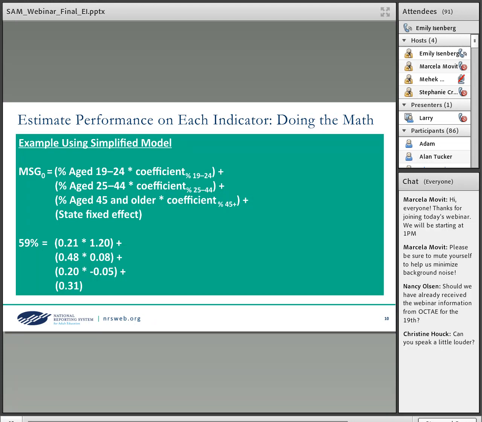In this example, the sum of the products plus the state fixed effect yields a predicted measurable skill gains rate of 59%. Again, when we use the state characteristics from the base year, we're calling that estimate 0.